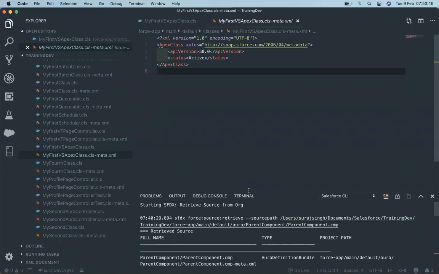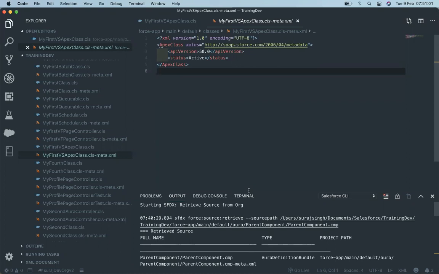Okay? Well, it's there already. What do you mean? No. You created a new Trailhead account, new Trailhead developer org. So you must have some new username and new password. So you have to use that username and password.